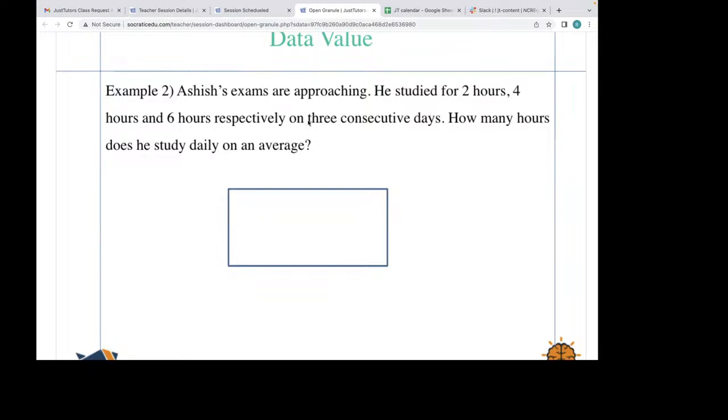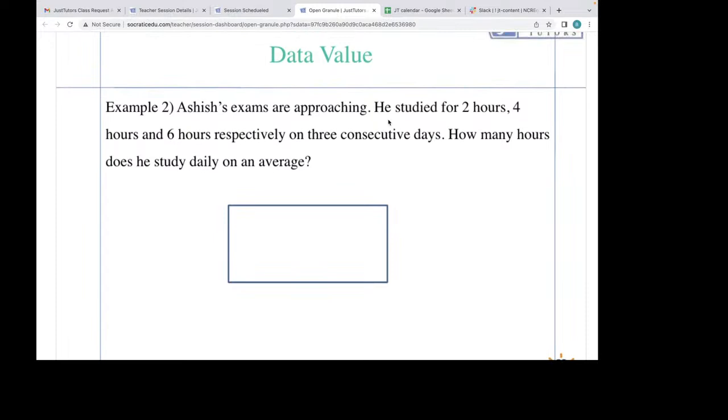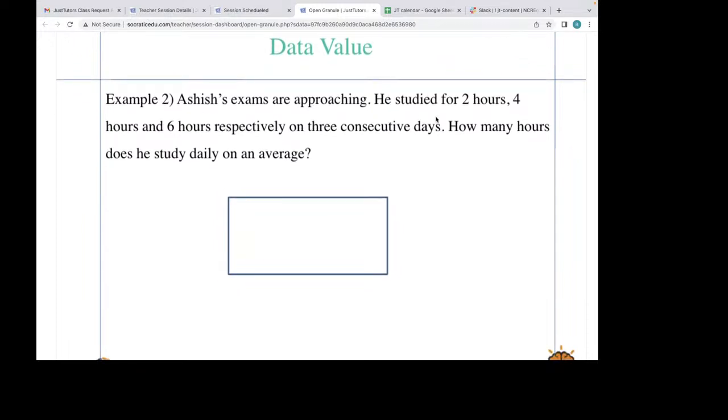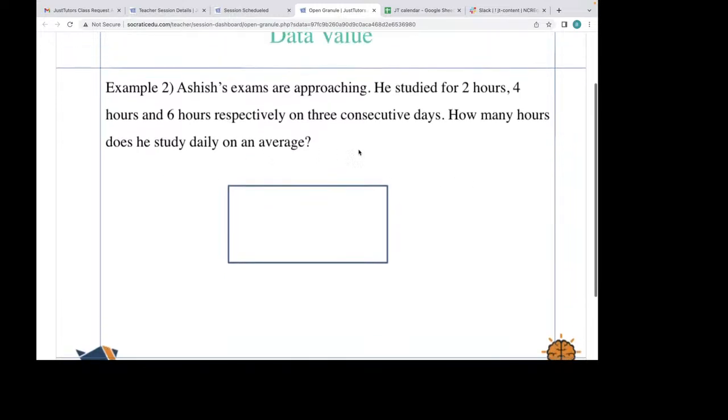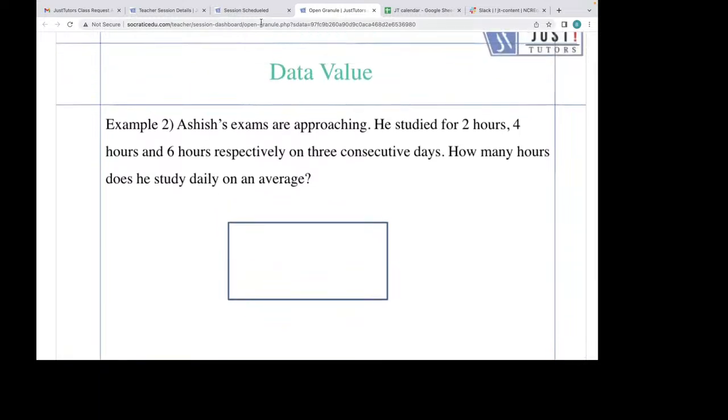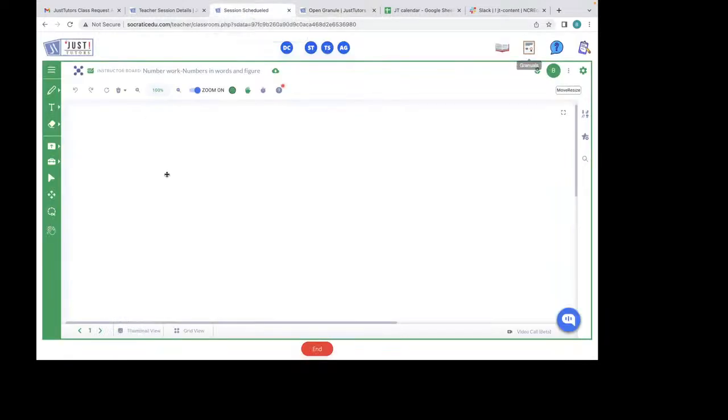So आशीष के एग्ज़ाम चल रहे हैं और हमें उसका डेटा हमारे पास कुछ है कि वो एक दिन पढ़ता है 2 घंटे, फिर 4 घंटे, फिर 6 घंटे ऑन 3 consecutive days. सो वी नीड टू फाइंड आउट कि आशीष एवरेज कितने घंटे पढ़ा. ओके, एवरेज कितने घंटे पढ़ा. So how can we find this average? What is the data we have? We have